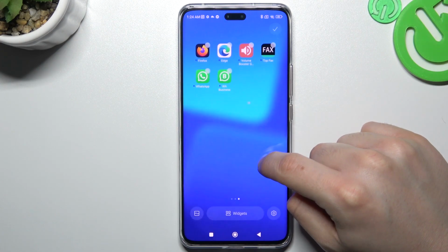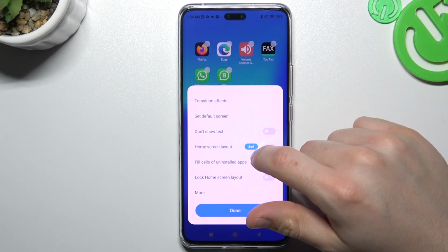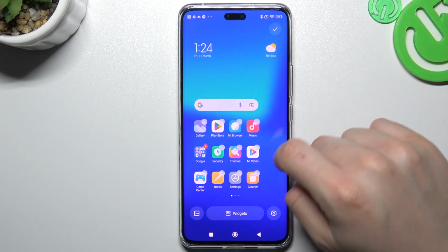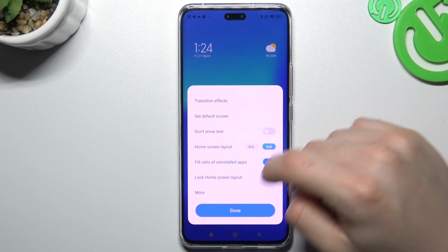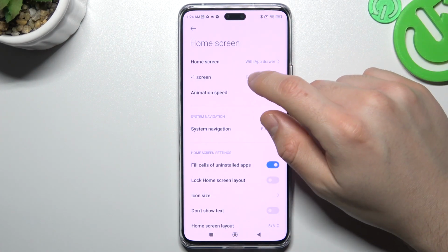Okay, the next tip, open the settings, and here you can change the home screen layout. You can see now we have 4 apps in the row. We can change it to 5 and 6 columns, like this one. Okay, now we can go to the more, and now we can change the